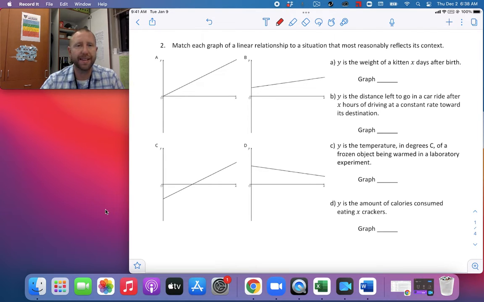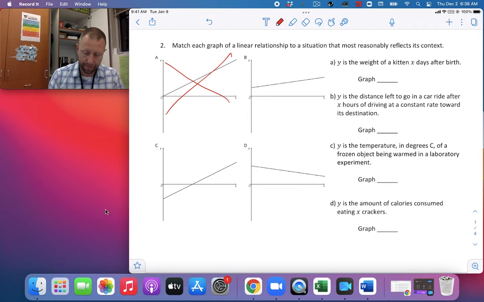So when I'm looking at this, I realize the weight of the kitten is not going to start at 0. So I can cross out A. I know it's not going to be A, right? It's not going to start at 0. When it's born, it weighs something, okay? And then it's going to increase after that. Well, the only one that starts above the origin and increases is B,